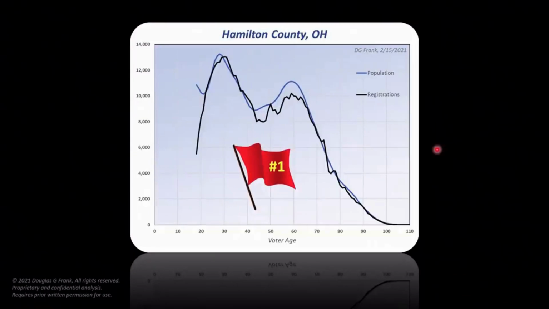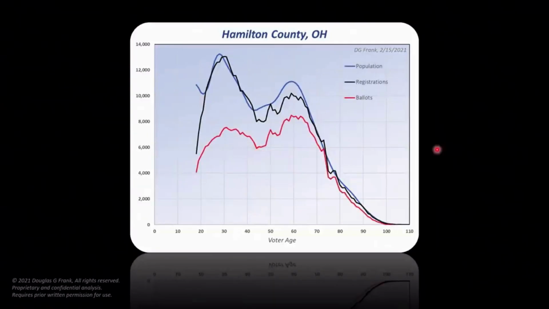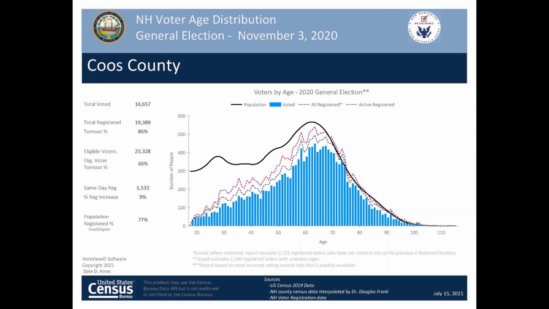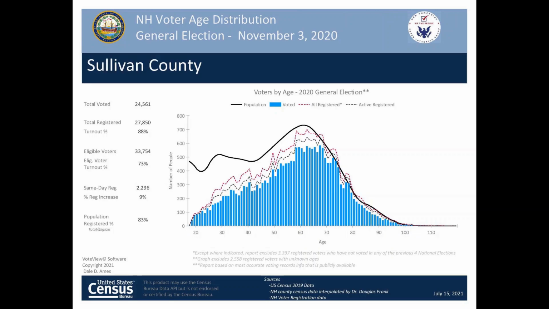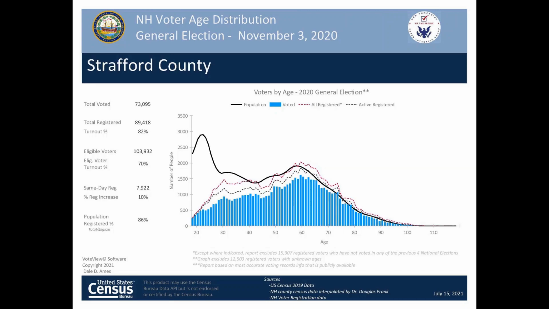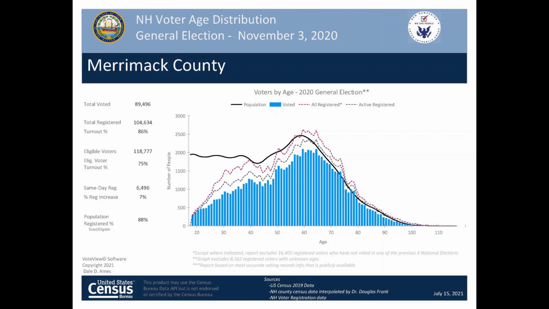By the way, I've done thousands of counties now, and it's the same pattern over and over again. And here's who's turned in ballots in Hamilton County. Does this look familiar? Do you see the same kind of relationship? And here I am multiplying it by 13/15ths. Well, I'm not a college graduate. I told you that I'm a dropout. But I did major in math, and one of the things I took was statistics. And the chances of something like that happening in every single county across the United States is absolutely impossible.